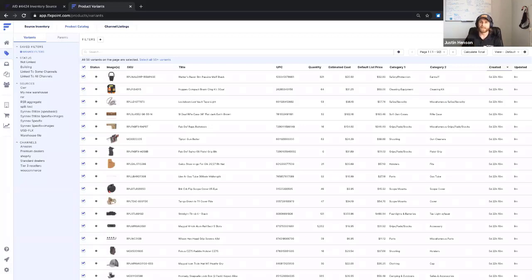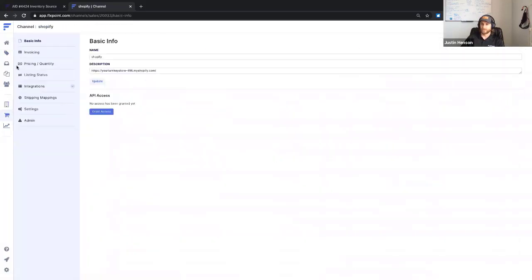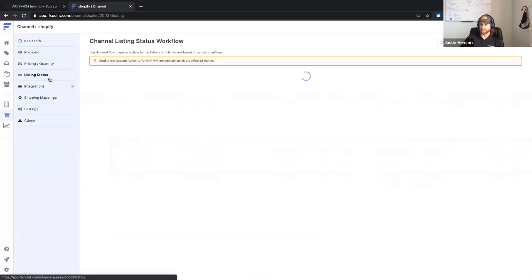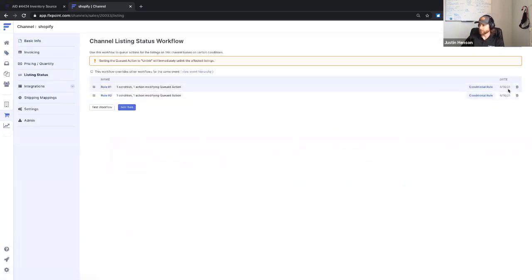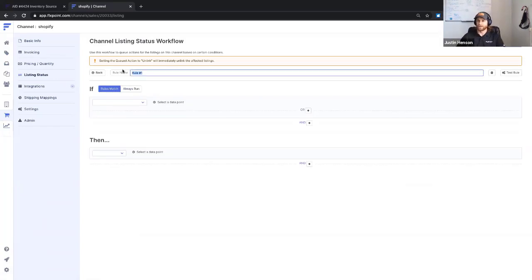There's a way to set that in Flxpoint here. That will be under our channel listings workflow. So if we go to our channels and go into the settings for the channel, there's a listing status workflow. Let me just delete these rules here so we can start fresh. But it would be using our if-then workflows. So we would add a rule, and let's say we want to set a minimum quantity of 5. So let's call it a minimum. Let's call it delist